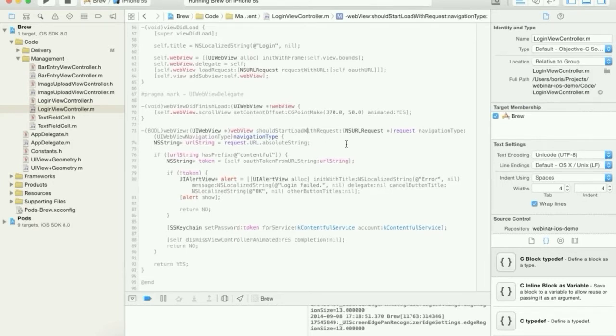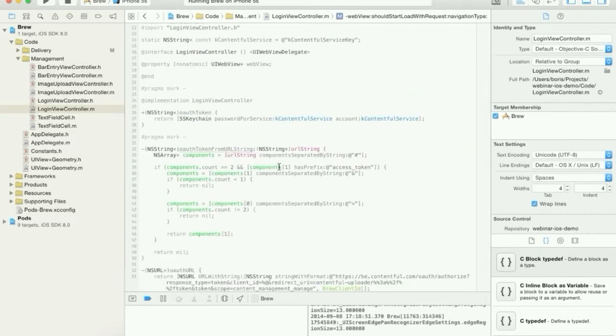And after the login, the callback URL will be called, of course, which in our case starts with contentful. I just use a custom URL scheme for that. And in the should load request method, which is called every time a URL is loaded in the web view, we assume if the URL starts with contentful, we got the callback from the OAuth login, and we can extract the token from there. That is just some simple string manipulation,